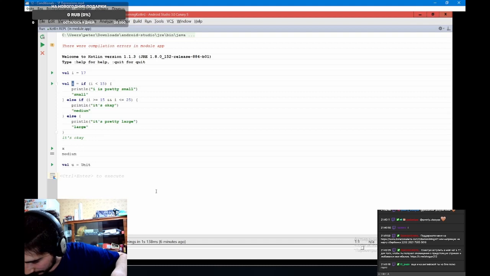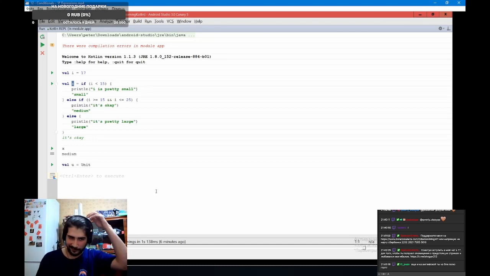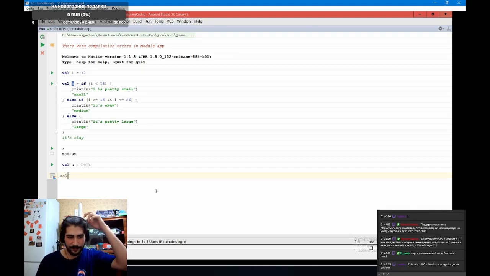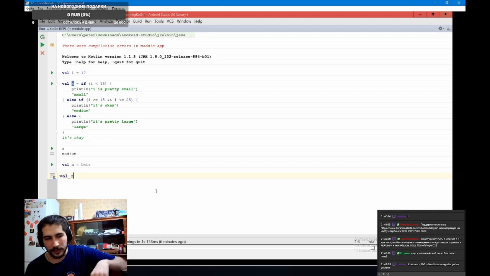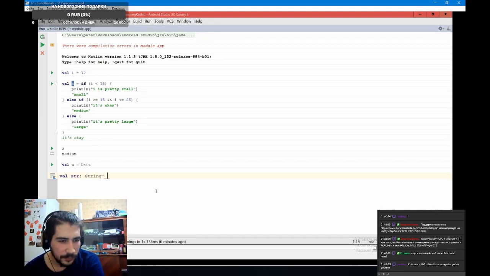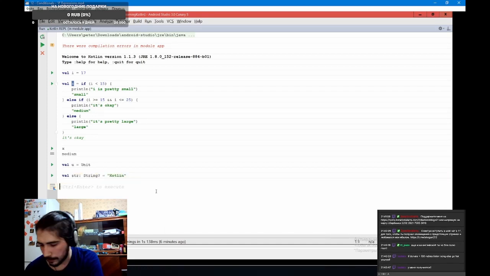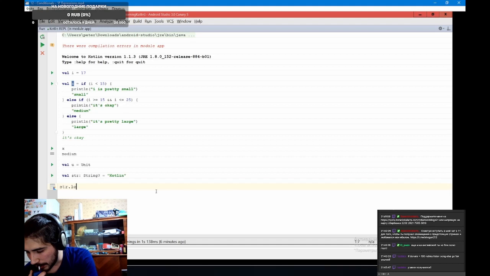Now one last thing I want to mention here for ifs is that the Kotlin compiler is quite clever in this regard when using nullable values. So let's say we have again a string, which can be a nullable string, and we're going to set this to, let's say, Kotlin in this case. So when you have this, remember you can't just call